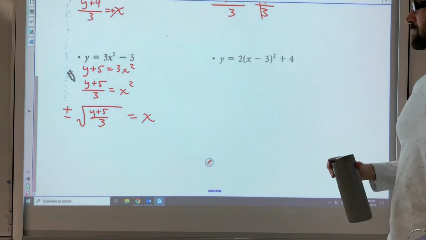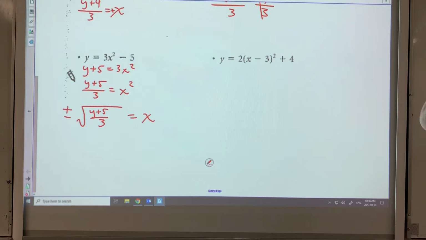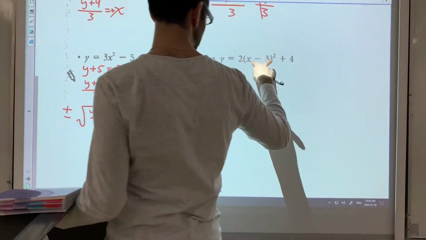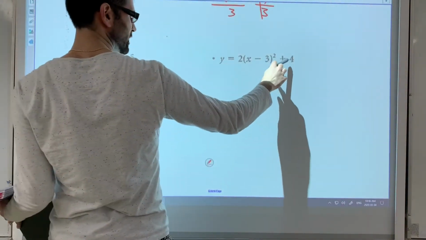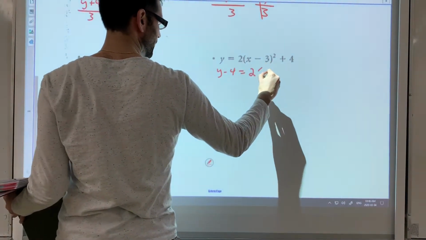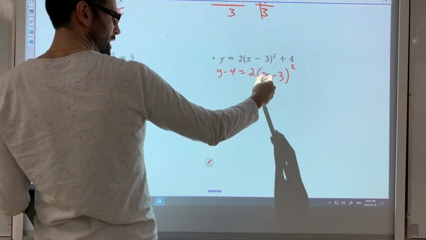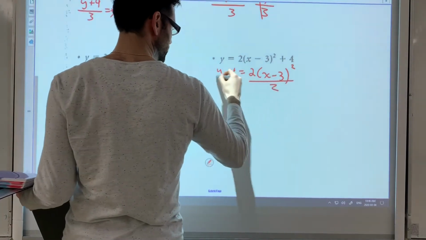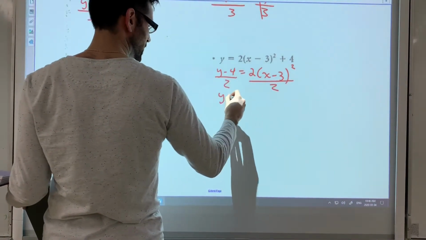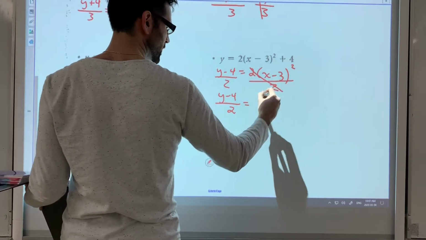This one, well, now we have a squared binomial and the variable's buried in there. So just isolate that binomial. Okay, your mission is to isolate that binomial. So you're going to subtract 4 from both sides. Now you're left with that. Now this 2 is multiplying everything, so you can divide both sides by 2. Okay, so you get y minus 4 divided by 2 equals, 2 divided by 2 is 1, and you get